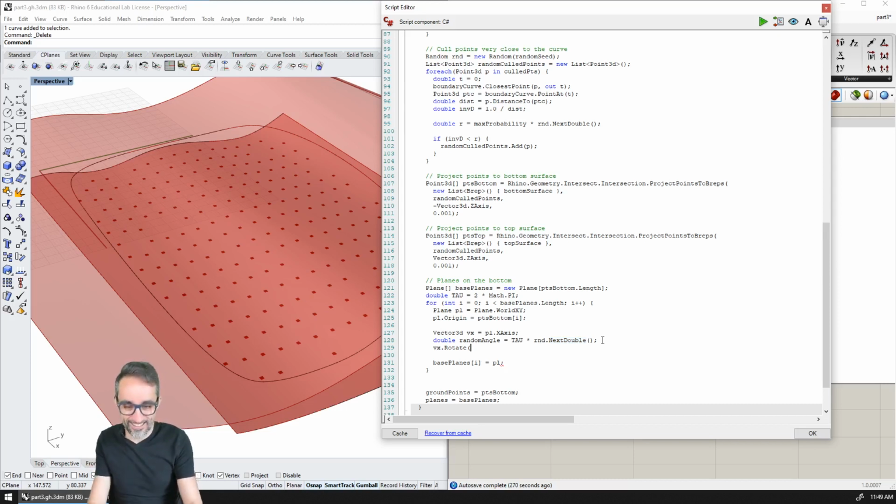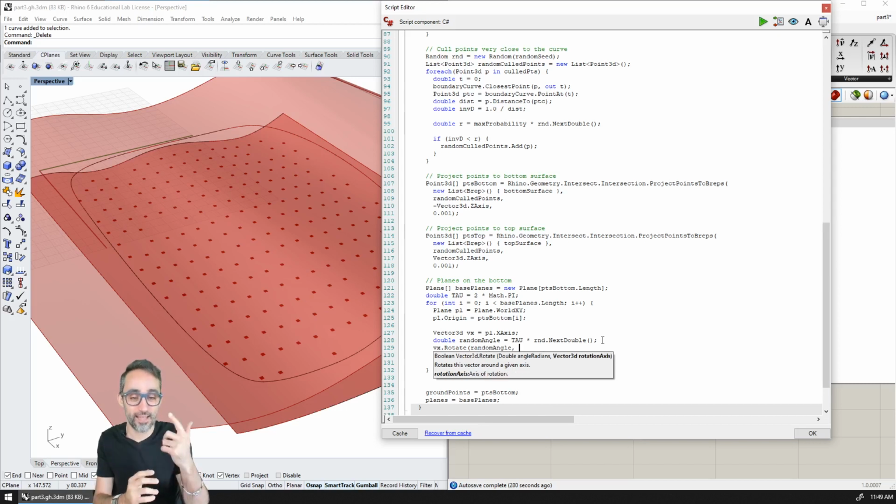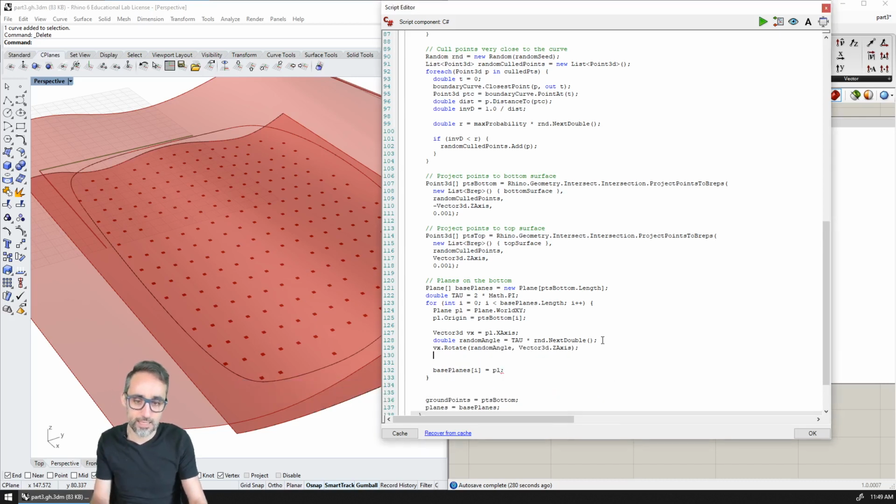Okay, so I'm going to rotate this vector around the random angle here, and then the axis is going to be the z-axis. So here I'm going to go for the z-axis. So now I have a random vector that I've rotated 360 degrees,